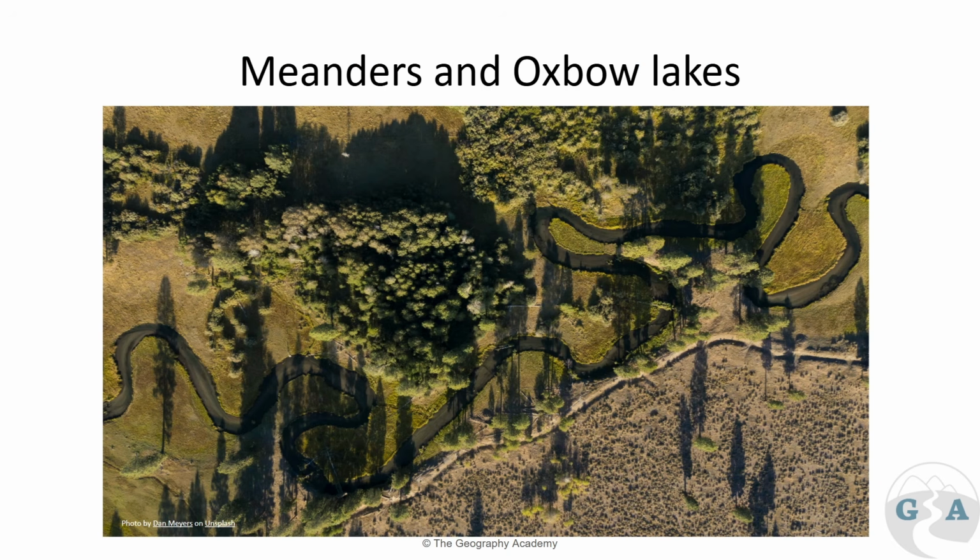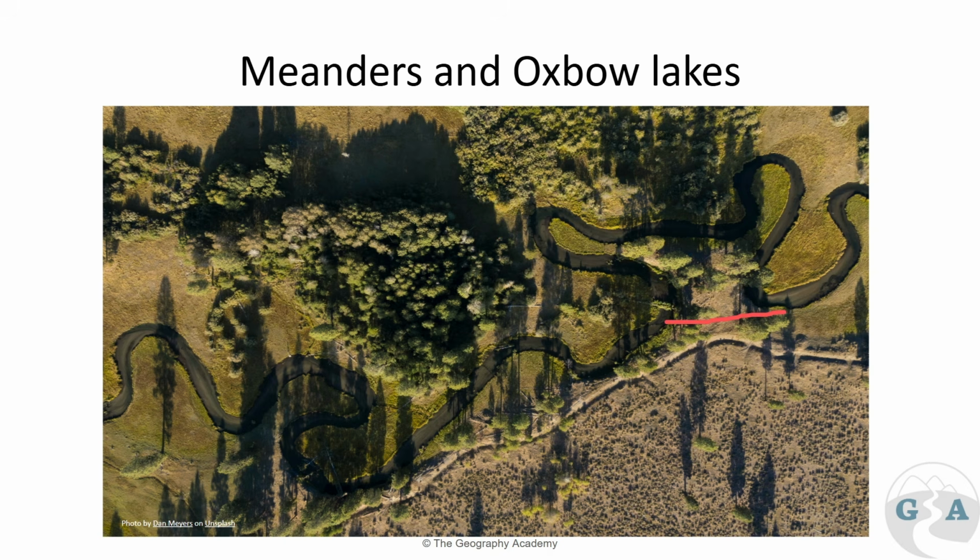Okay, the first feature to mention here are the meanders and oxbow lakes. So anyone that studied geography before would have been familiar with this to an extent. So we're just extending that explanation and making sure it's right. What we can see is meanders are basically bends in the river. Oxbow lakes then are when part of those bends gets cut off from the river as the river forms